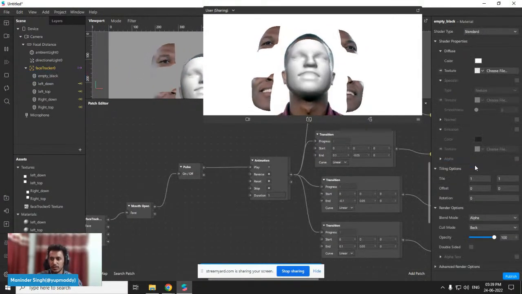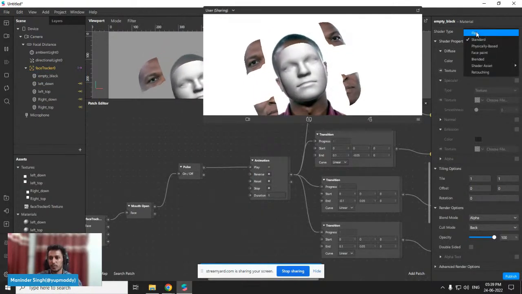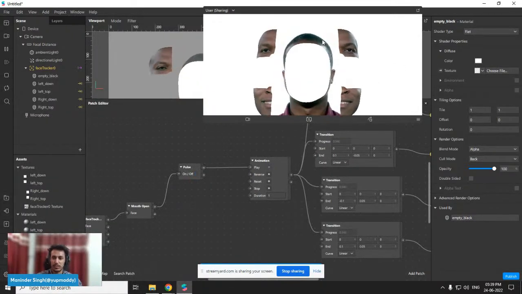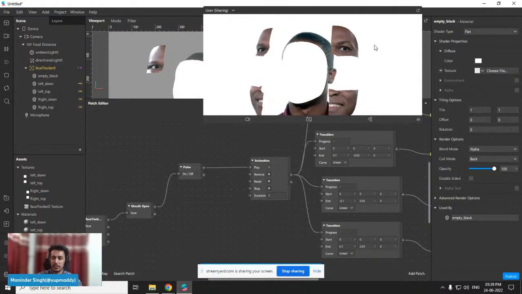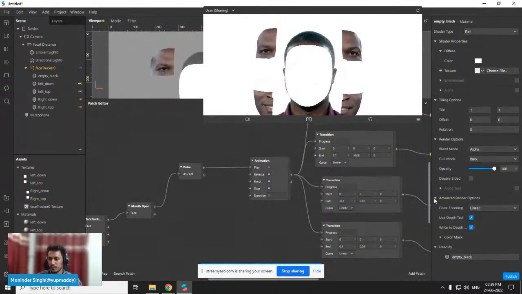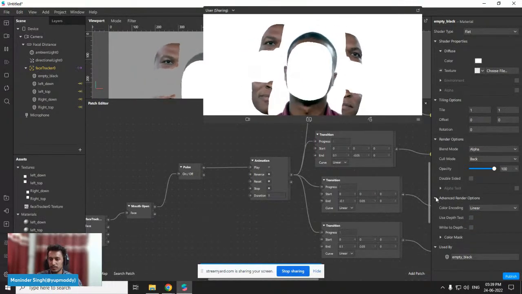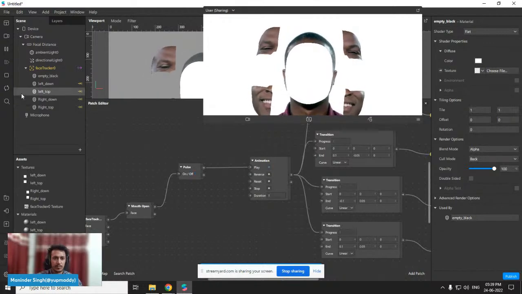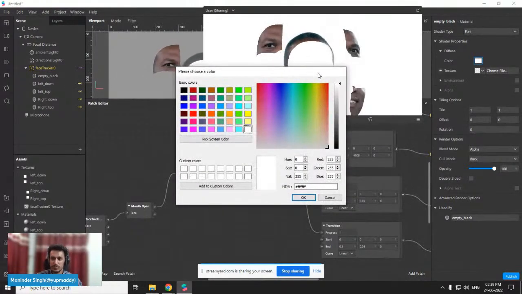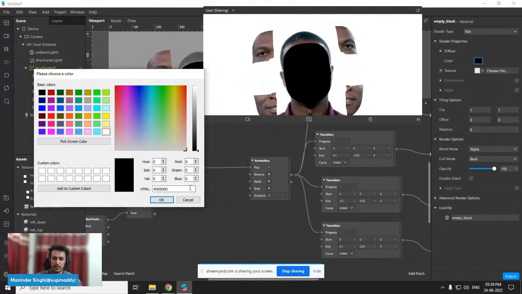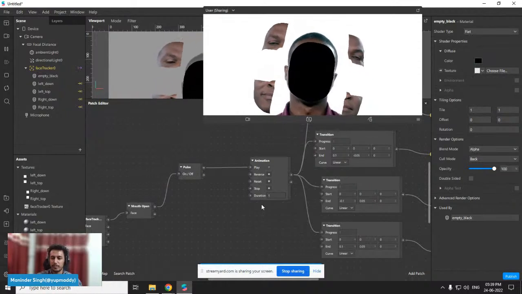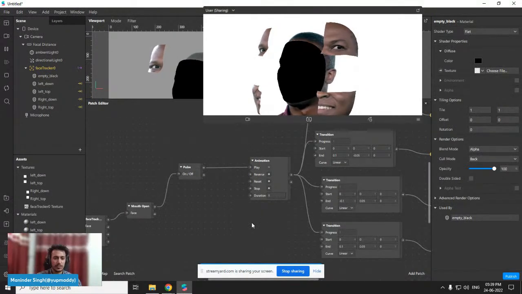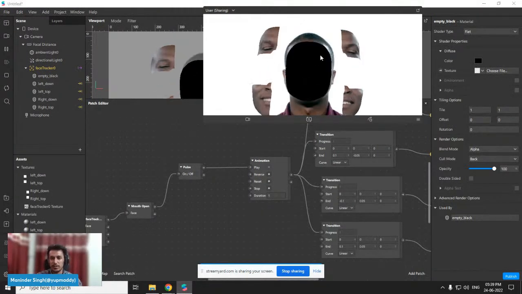and go to the material, click on flat like this. As you can see, you are seeing the lines in face texture. And uncheck this one, and just use the black empty space like this. So now it is more like an empty face. Now I'm gonna add the 3D texture